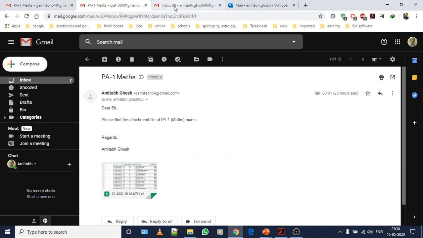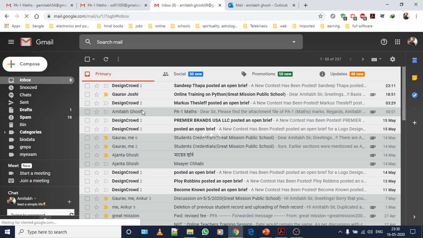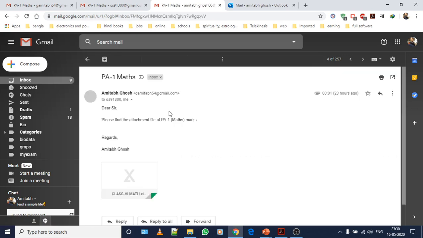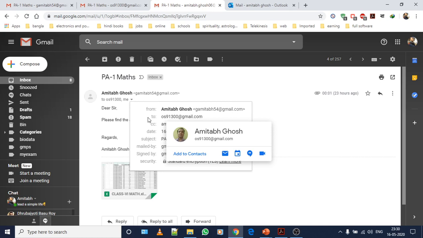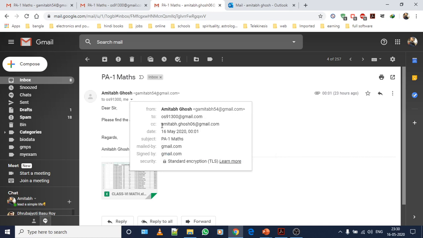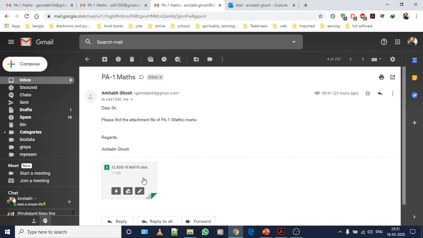Now, let me check the other two mail IDs also. This email ID has been kept for the CC section. So, this was the mail. Click over here. Again, click over here to check the mail IDs. So, the mail sent by GAmitav54 has been first sent to the person who is in To, and he has marked a carbon copy to your mail ID. Here also BCC is not reflecting, by which time it is sent, what's the date, what was the subject line and what was the topic and the attachment.